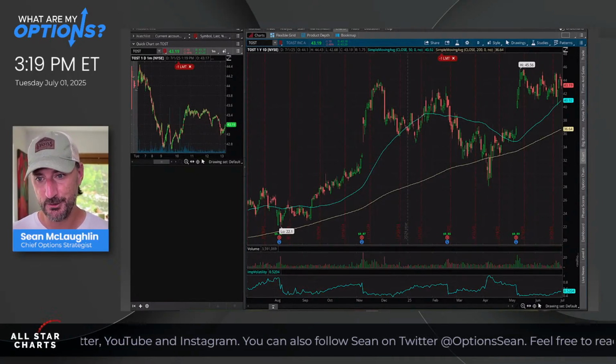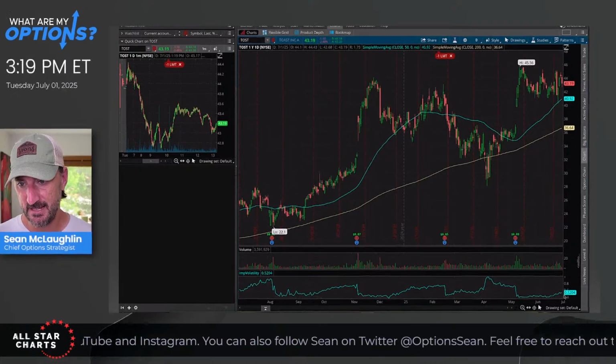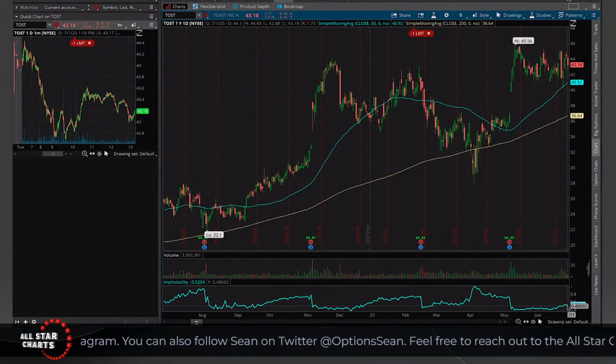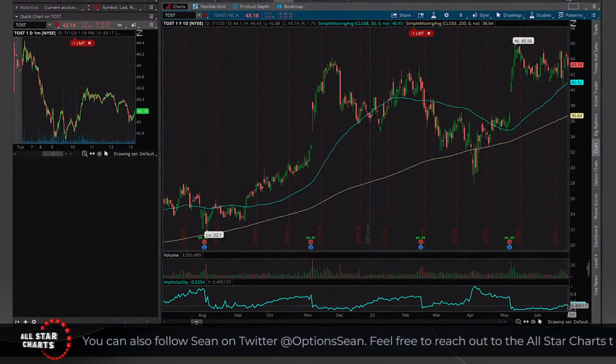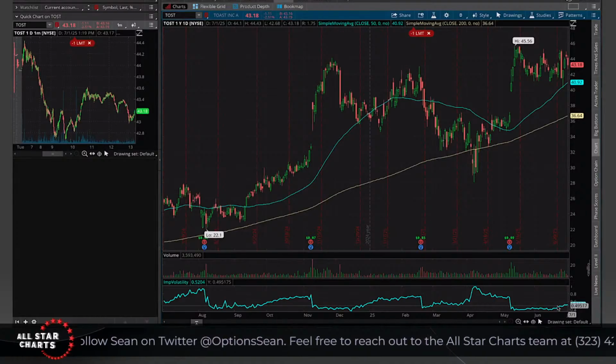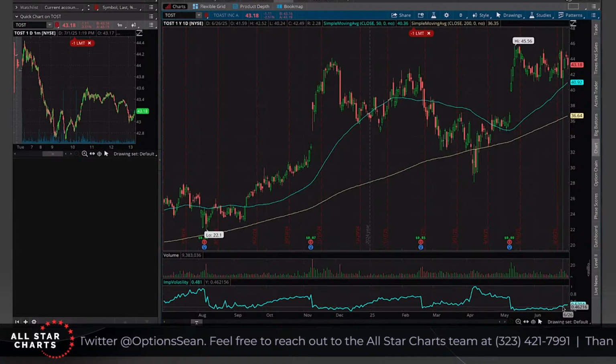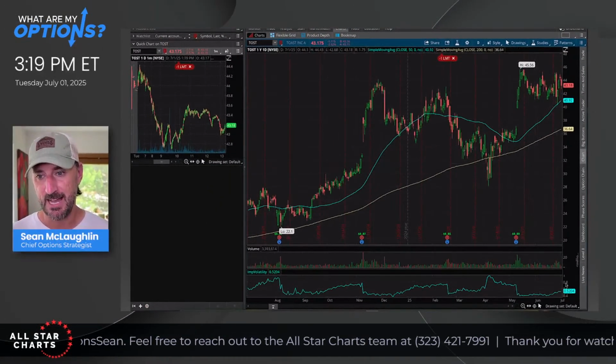So looking at Toast right now, volatility is not at the lowest it's been. It's off the lows, okay, but it's in the cheaper range of where it's been. So for me, my first thought, before I open up the options chain, is I probably just want to be a buyer of straight calls here. Just keep it simple, right?